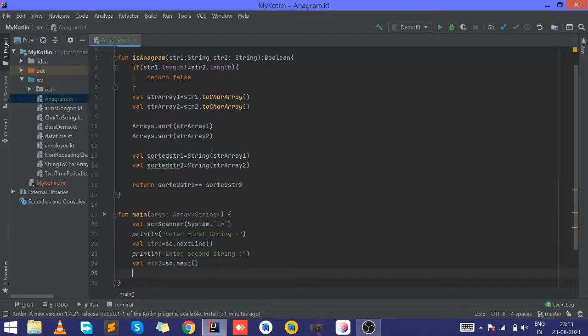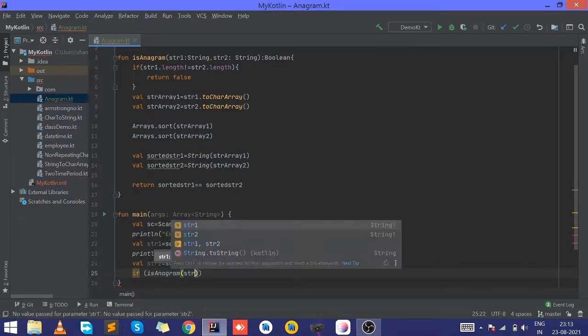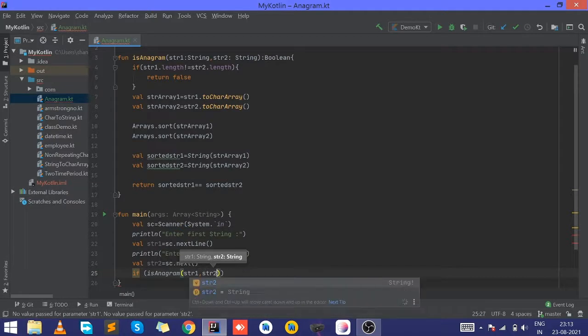Now we have to call the function to check whether the string is an anagram or not. So write an if condition with isAnagram, the function name, then toString.